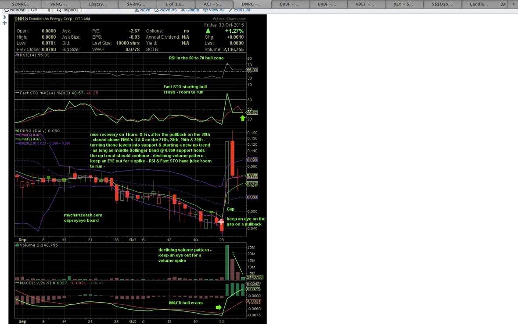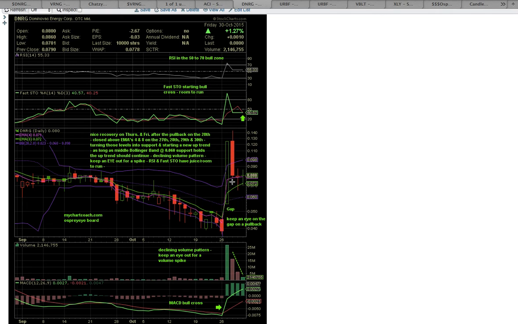Now the key was this open and run above the middle Bollinger Band. As you can see, this dotted line at 0.060 is the middle Bollinger Band. Before, the candles were in a downtrend, trading below the middle Bollinger Band, riding EMAs 4 and 8 resistance lower, and riding this lower Bollinger Band support level. This is what we call the lower Bollinger Band bearish channel. So they were cruising down here, and then there was this gap up open followed by a run above the